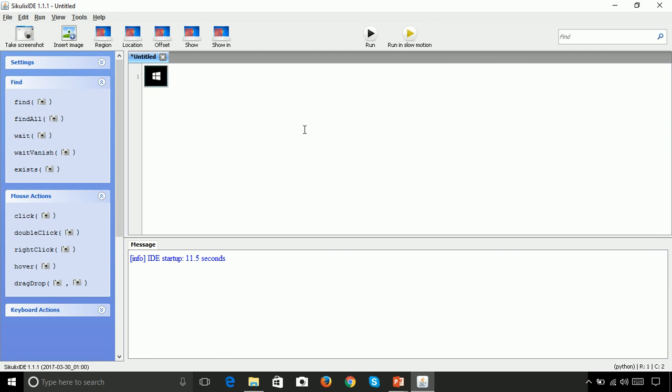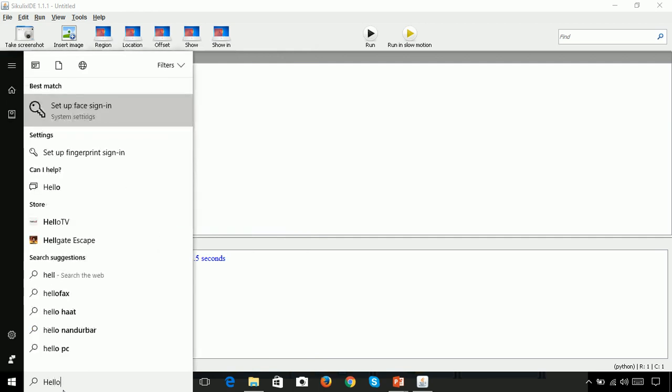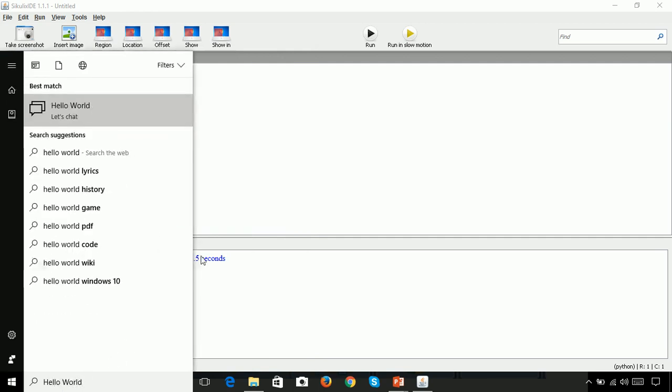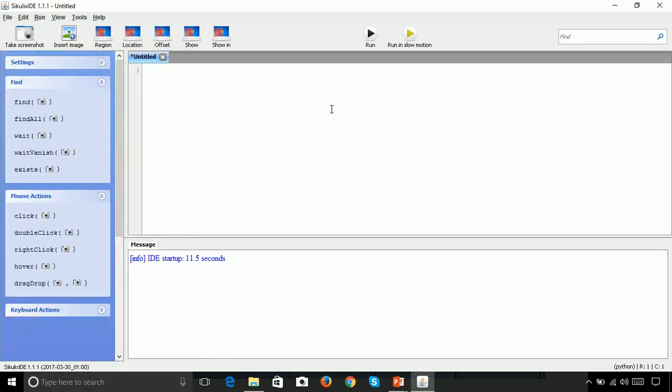Now let's get started with our first demo, that is nothing but Hello World. Like any other language, for Sikuli also we will start with a basic Hello World demo. In this demo, we will see how to automate the action of clicking on the start menu and then typing Hello World in the search box. So we will make a script which will click on the start menu and then type Hello World in the text area without our intervention. So the first action requires Sikuli to click on the Windows button.